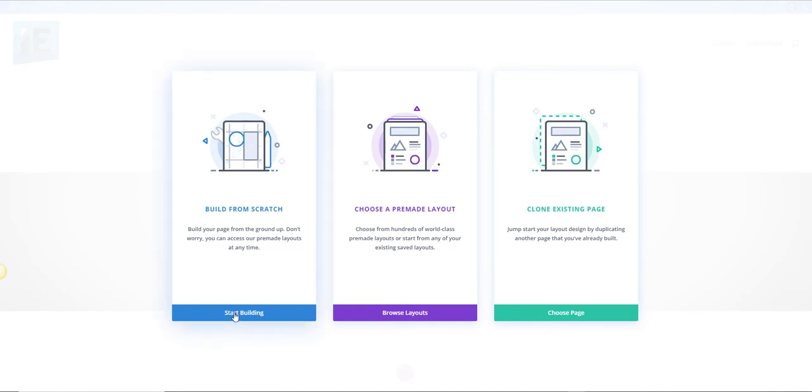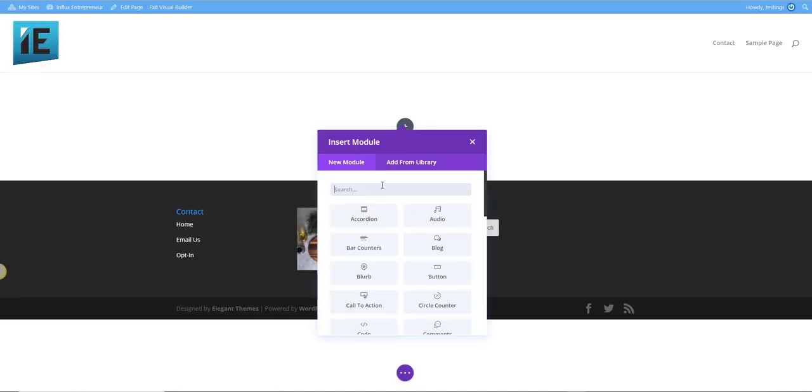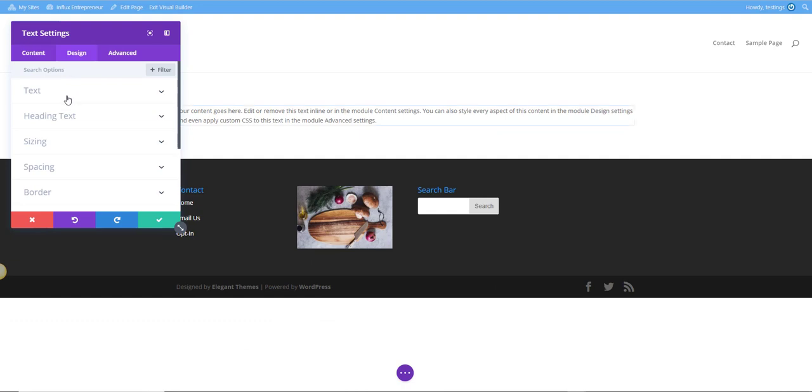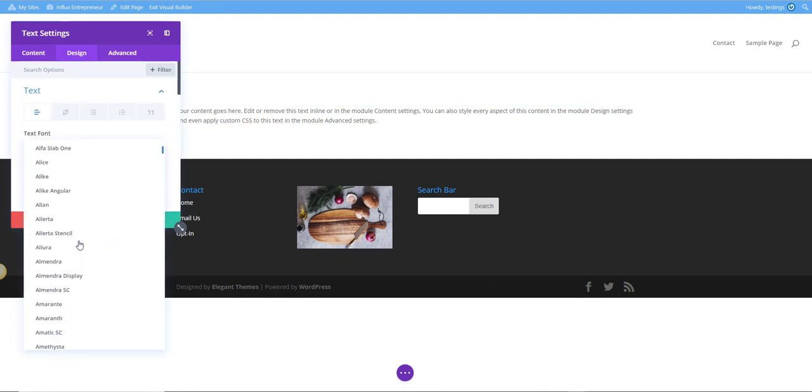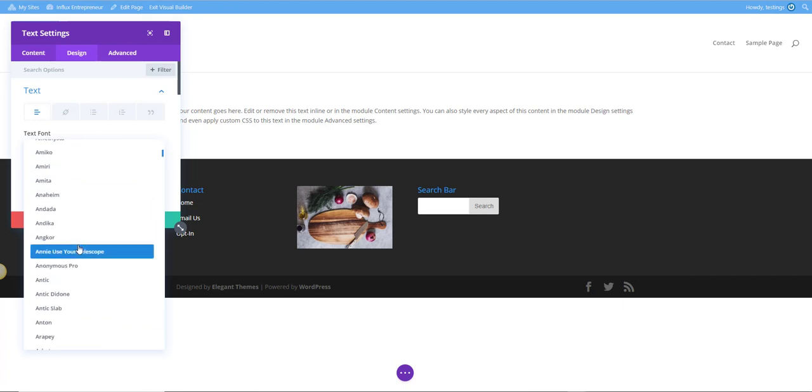again I'm going to go on build from scratch. So as you can see here, there's a ton more different fonts that you can choose from. And make sure you hover over it to see how it looks, just because it doesn't show you unless you hover over